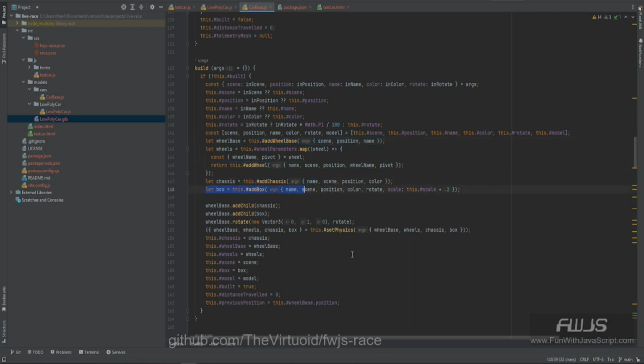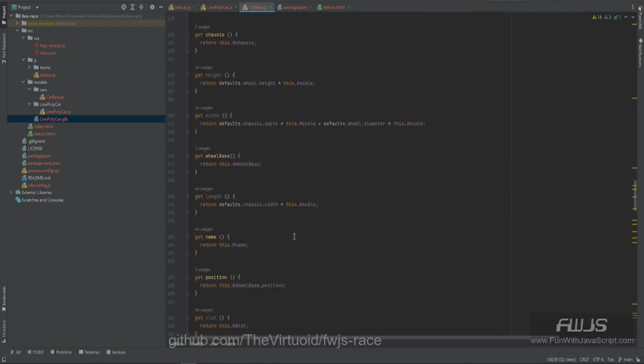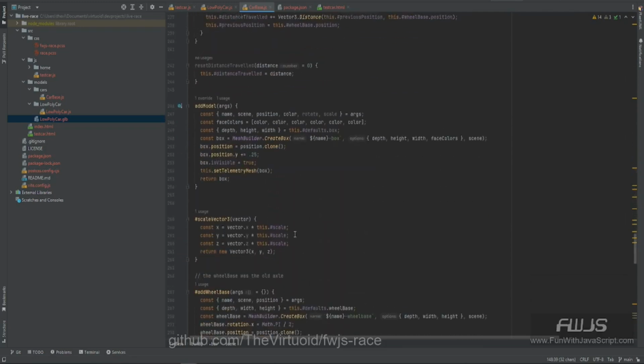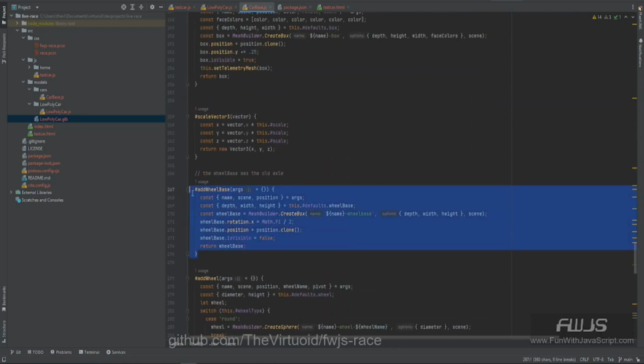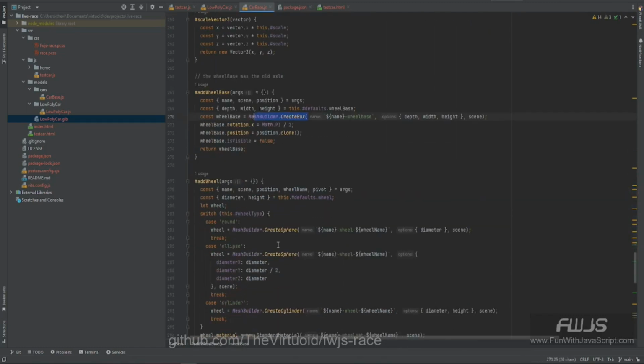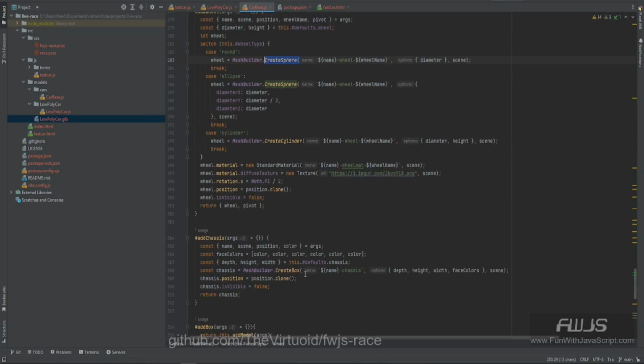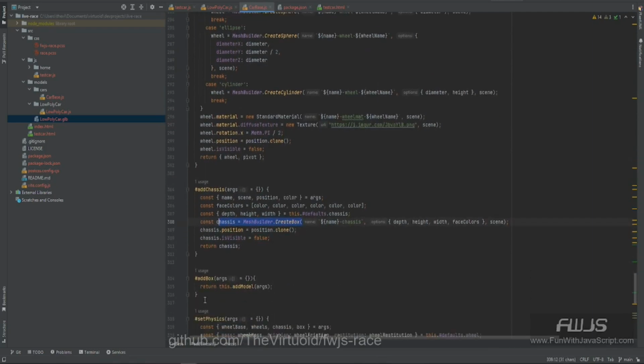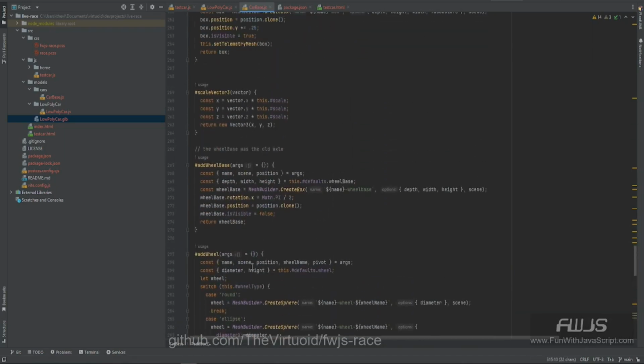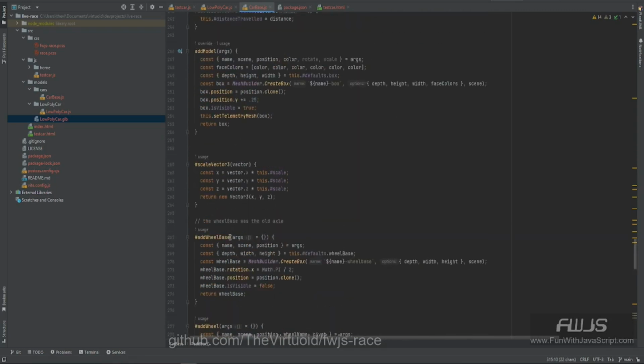We do the add box to add the box. And the add box is what's going to be the model itself. And all of these routines look a lot like this. Here we go. We do the mesh builder. We do the create box. We do the create spheres or the create cylinders. And on the chassis, here's the create box itself. But add box doesn't do that. It just returns this add model. That's it. Doesn't do anything else. And then within CarBase, the add model